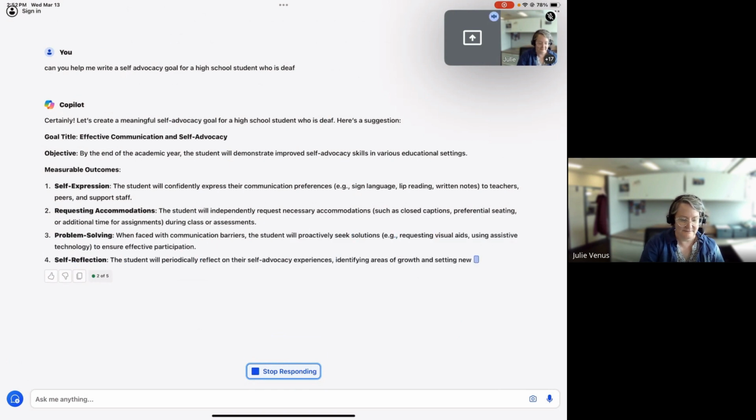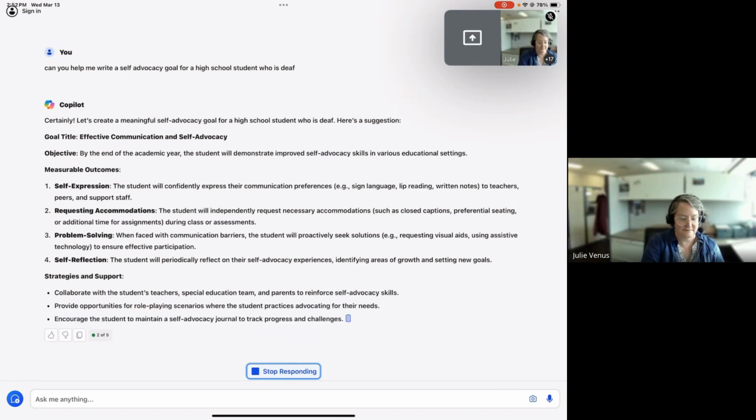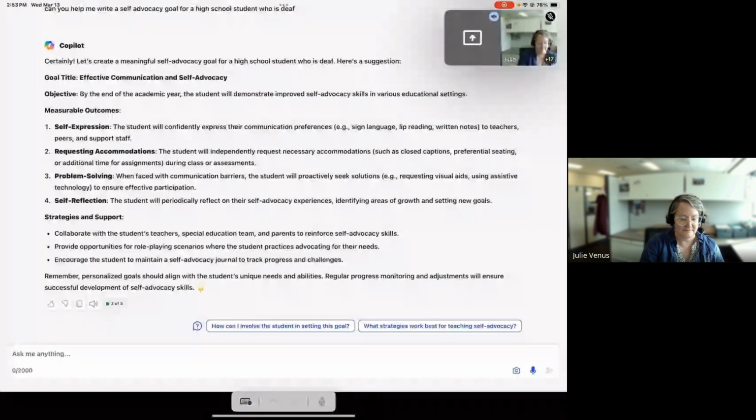Then it'll give you some measurable outcomes and some different strategies and supports. And what I liked here is, how can I involve the student in setting this goal, and what strategies work best for self-advocacy. But how about, can you help me